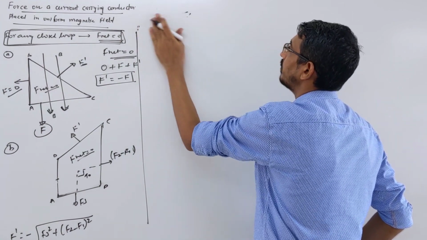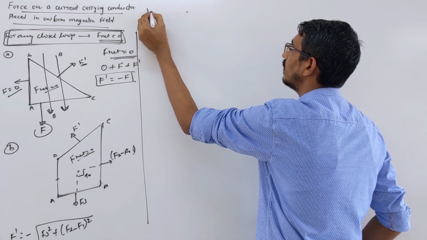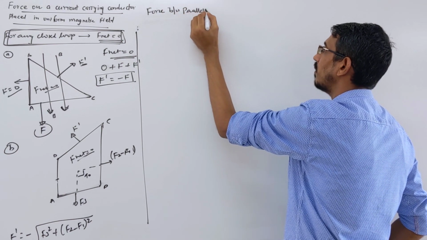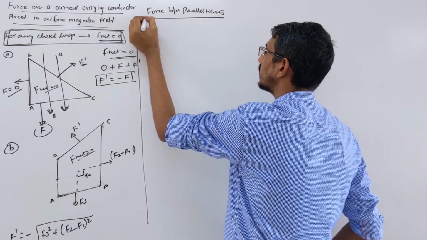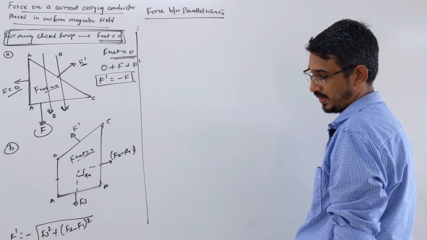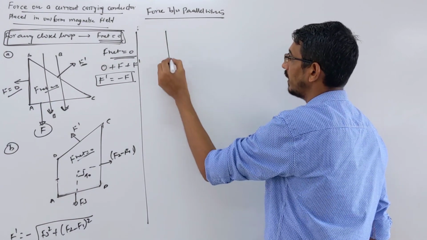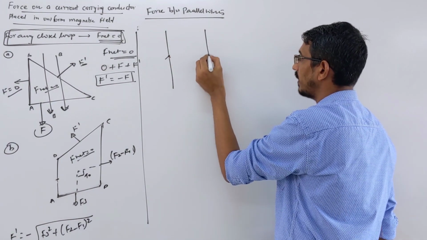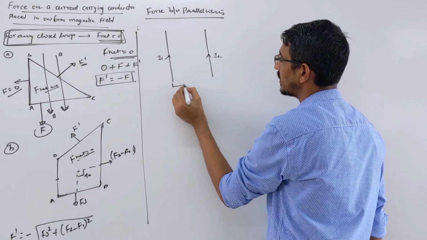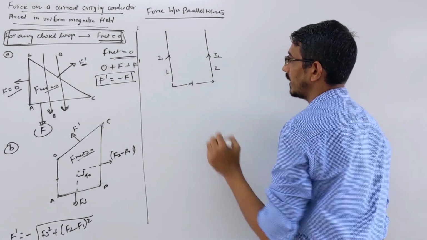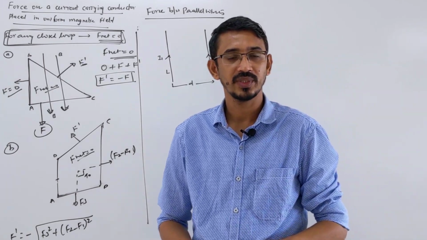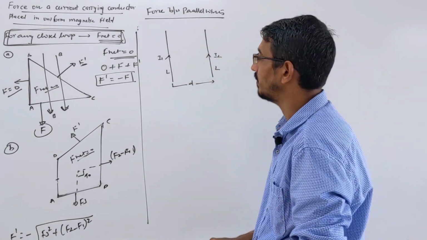So one important question they ask is called force between parallel wires. Then I will talk about loops again. Okay, force between what? Parallel wires. Suppose you have two wires placed parallel to each other, carrying current maybe in the same direction or opposite direction. Currents I1, I2, placed at some distance d apart, length of each piece, let's say L. Then what will happen? Either they will attract each other or they will repel each other, depending upon the direction of current. So let's see.